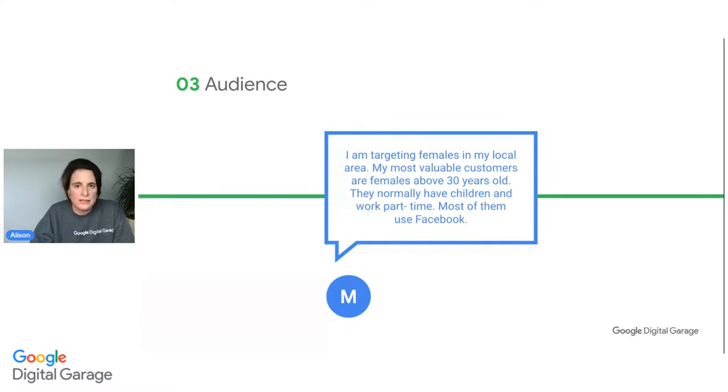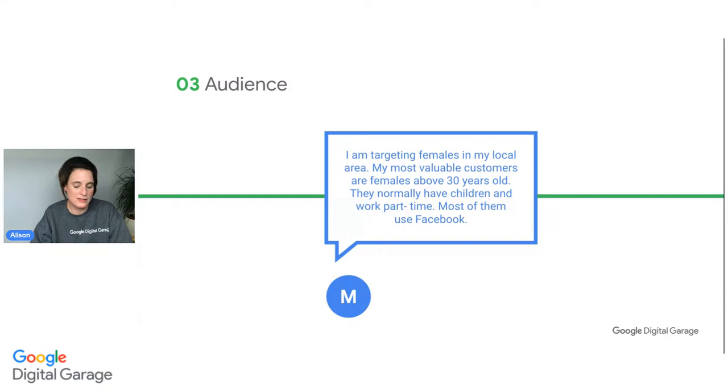Think about your audience. So again, building a profile. Who are you talking to? So Max is targeting females in the local area. Their most valuable customers are females over 30, and they normally have children and work part-time. Most of them use Facebook. So by getting an understanding of Max's audience, we can already get some indication of channels and activities that might